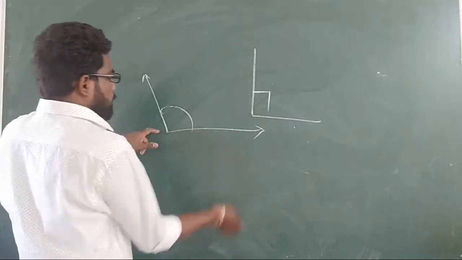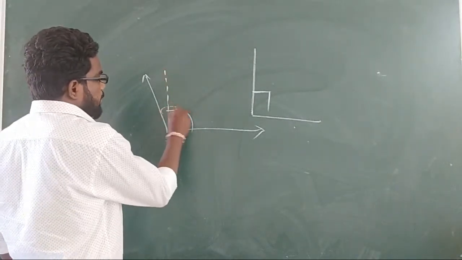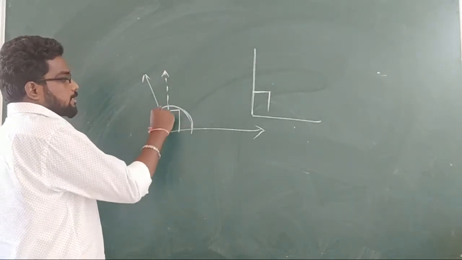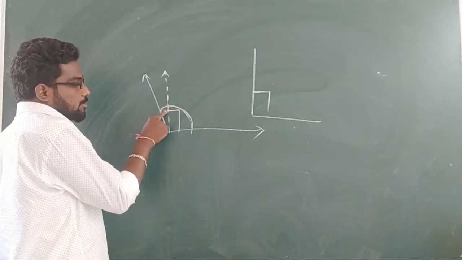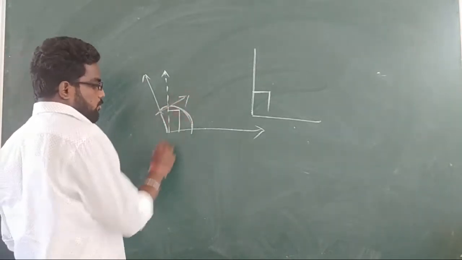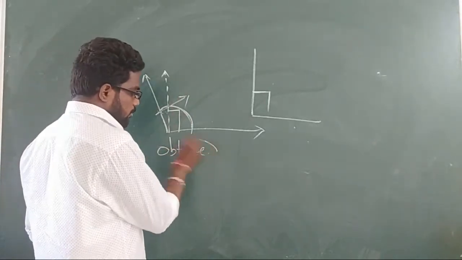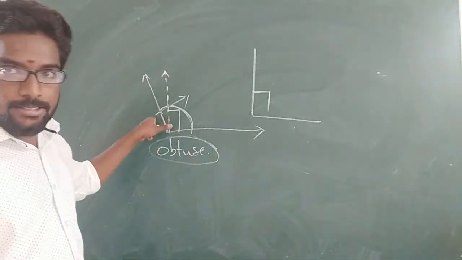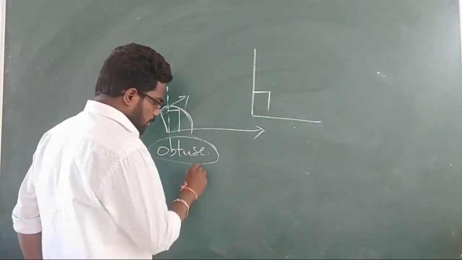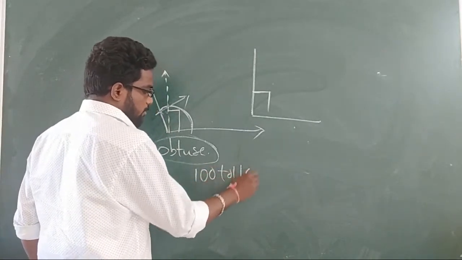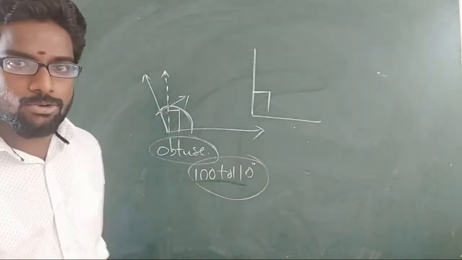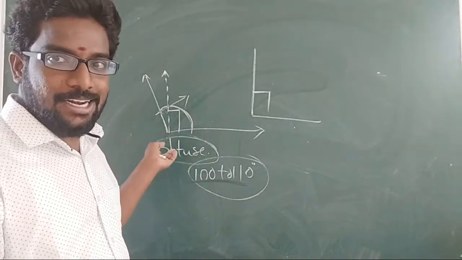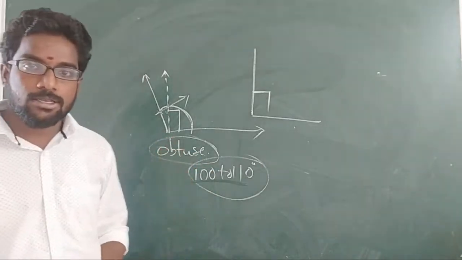Okay, if you measure it by using the protractor, see, up to here it is a right angle. But if you look at this angle, it is more than a right angle. The right angle ended here only, but it is up to here. So it is what? An obtuse angle. The first one is an obtuse angle. If you measure it by using your protractor, I think it will come 100 to 110. So you have to keep the protractor with you while you are listening to this angles class, okay?